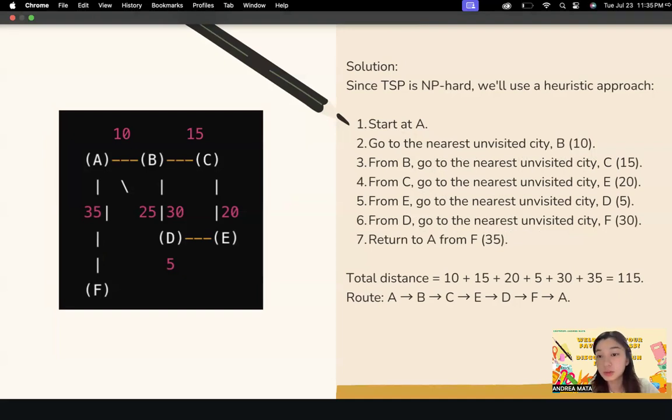Then from D, go to the nearest unvisited city at F, which will take 30 kilometers. And then lastly, return to A from F, which will take 35 kilometers. So the total distance that this will take is 115 kilometers. And the route it will be going through is point A to B, to point C, to point E, to point D, to point F, and then to point